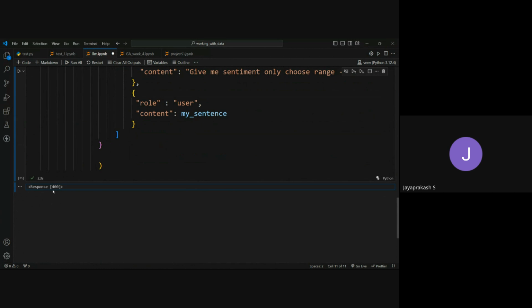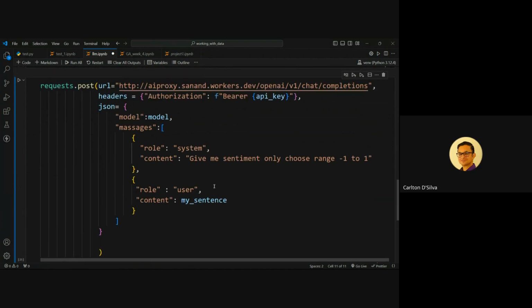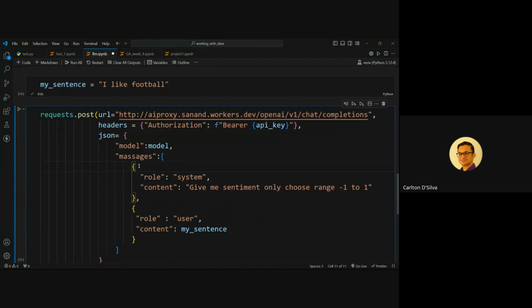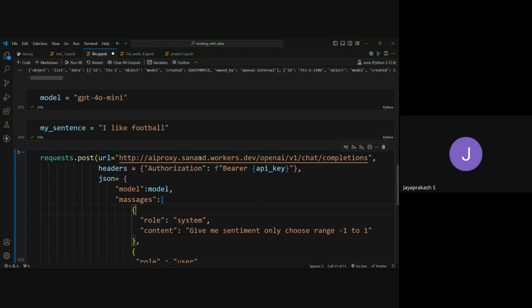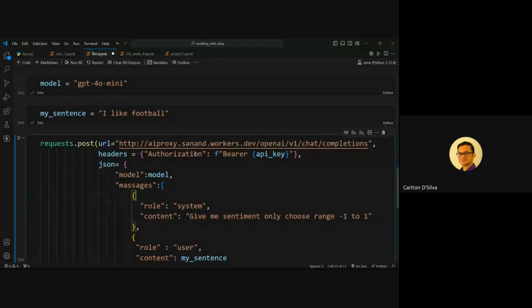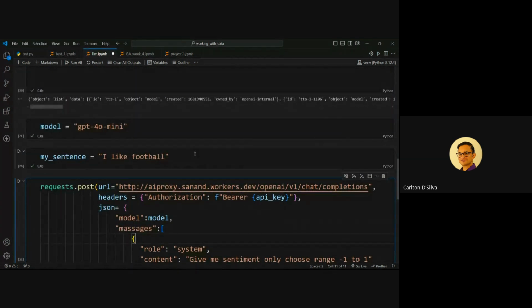So it means that with 0.8% accuracy, it's positive? Or how should I interpret that score? It's dependent on your prompt, right? So in our prompt, what we did was we said only choose positive, negative as the response, and we said give a score from -1 to 1. So it has given a score from -1 to 1. So 0.8, and it said that was positive. So GPT thinks it's a positive sentence with a score of 0.8.